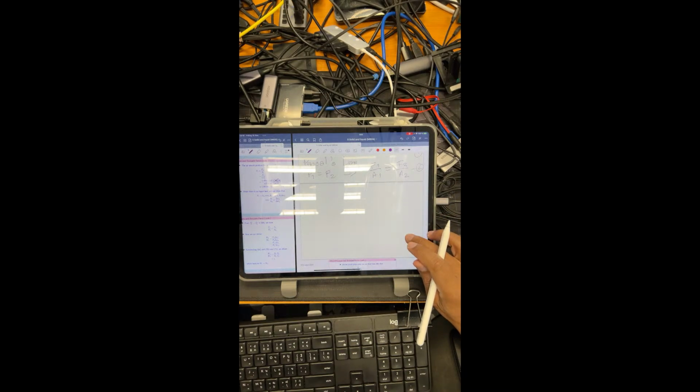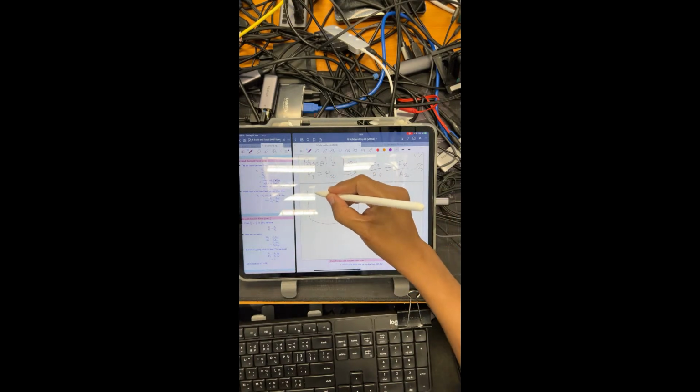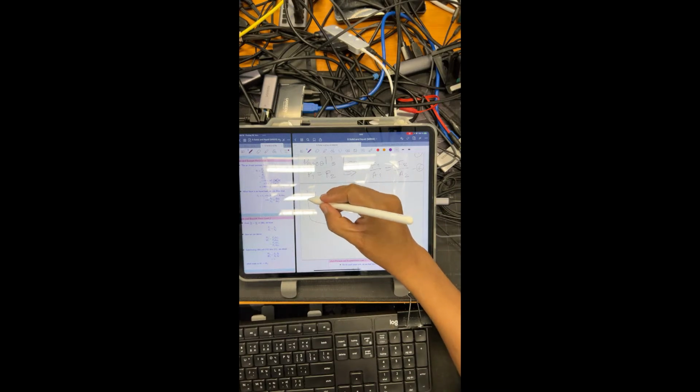And let's talk about the work, right? The work done on the left-hand side and the right-hand side. The piston here is going to move to this position, right? And